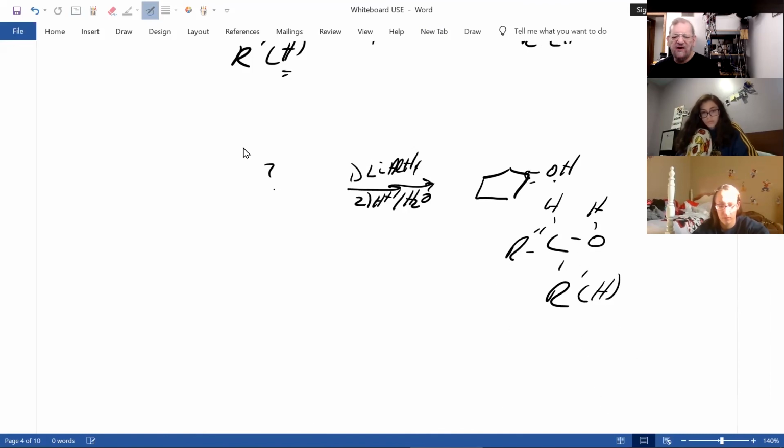And notice this carbon does have a hydrogen on there. 1, 2, 3 bonds, 4 minus 3. There's a hydrogen. We just don't show it. And therefore,